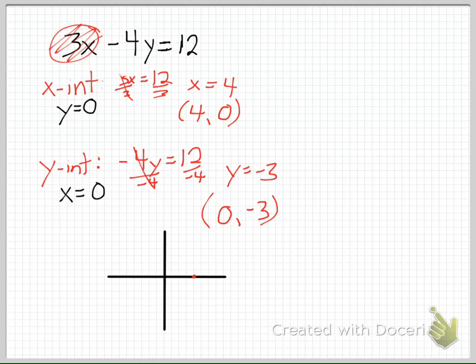And then I need to graph my y-intercept, which is 0, -3, so I go left to right none and down 1, 2, 3,